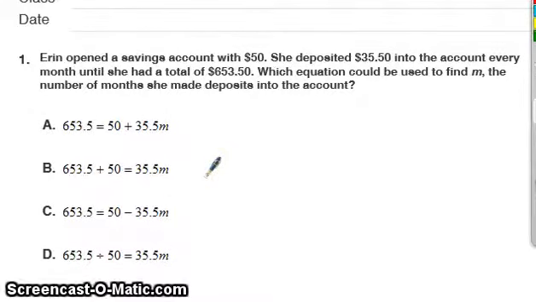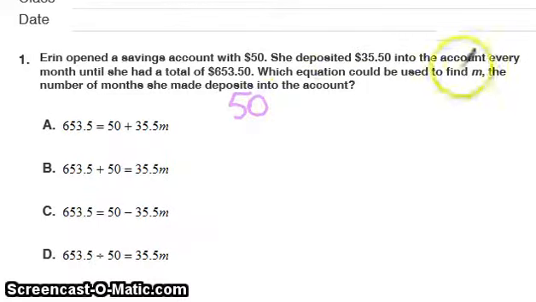So we're looking at practice probe 7EE4A. Question 1 says, Erin opened a savings account with $50. She has $50. She deposited $35.50 into the account every month until she had a total of $653.50. So what that's going to look like,